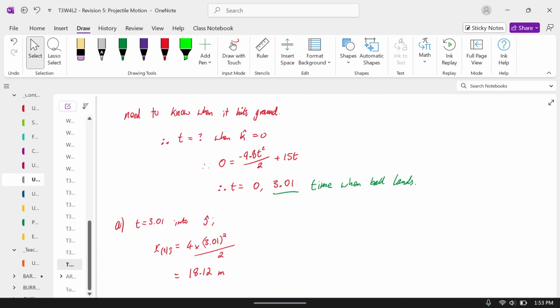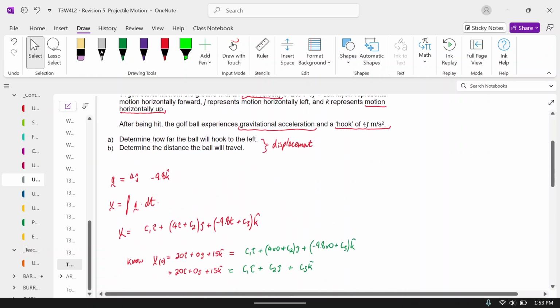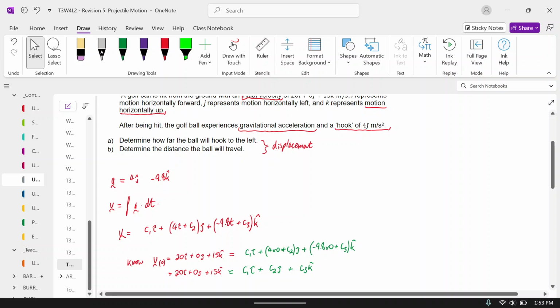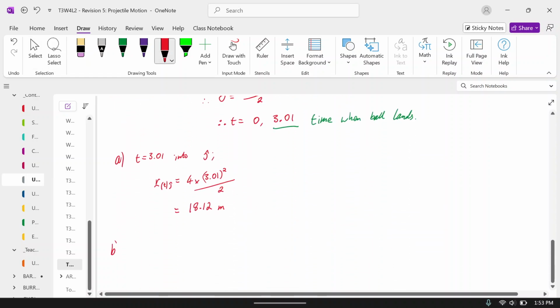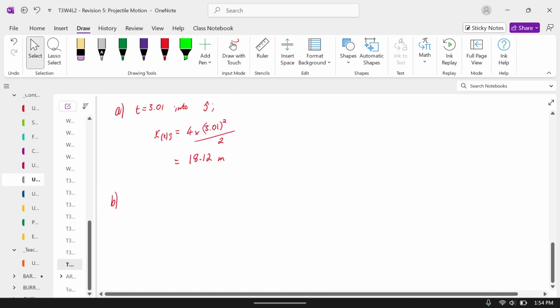I'm going to have a look at part B now. Determine the distance the ball will travel. Now, this is different to displacement, right? For the distance in part B, usually this is really straightforward, but I'm in 3 dimensions here. I've got an I, a J, and a K. K is my vertical movement, but if I look at a top-down view, a bird's eye view,